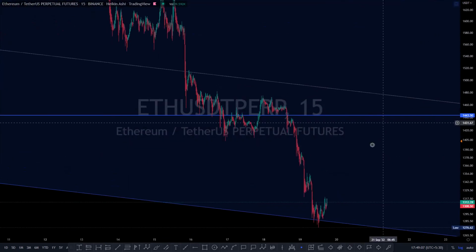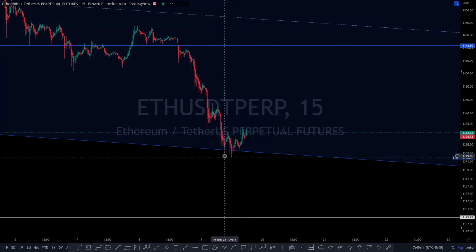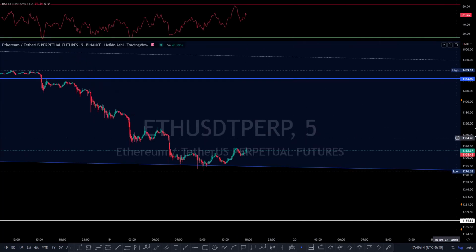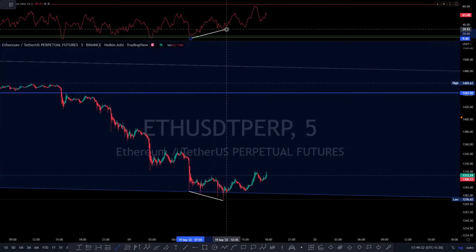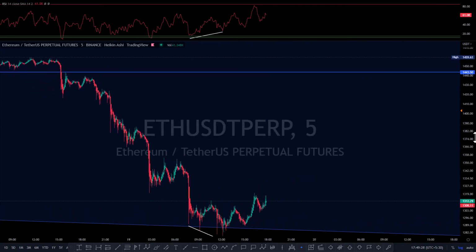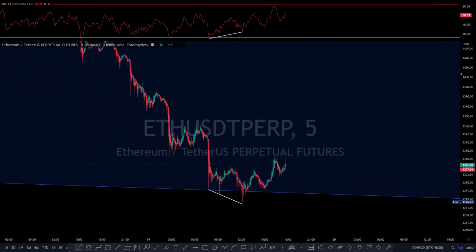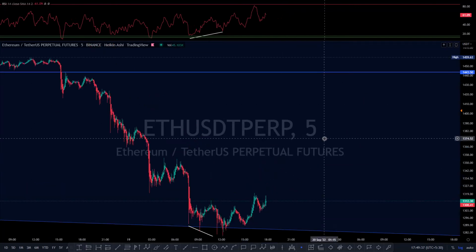Let's go to the 15 minutes. You can see that there was a small divergence on the 5 minutes time frame over here. Okay, so if you select RSI and just follow the strategy that I gave you long back, you could have entered this trade on ETH today morning. Now I cannot repeat it enough, but I have given you this strategy long time back. Okay, all you need to do is just go and follow the strategy, and with this strategy you could have easily made 3% and 30% on leverage profit today on ETH.